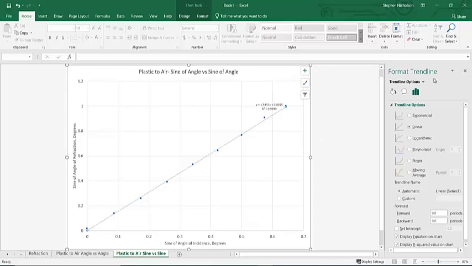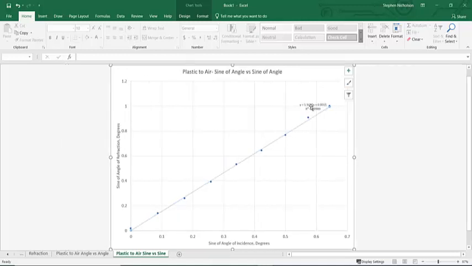Now it's kind of small again, so let's click on the equation, highlight the numbers, pick a bigger number, and then hopefully slide this thing. So this is interesting. So here we're getting y equals, the slope is 1.5457,